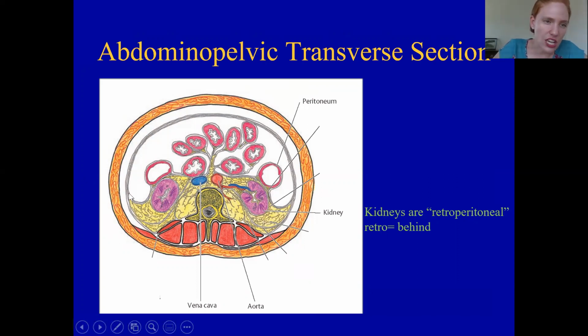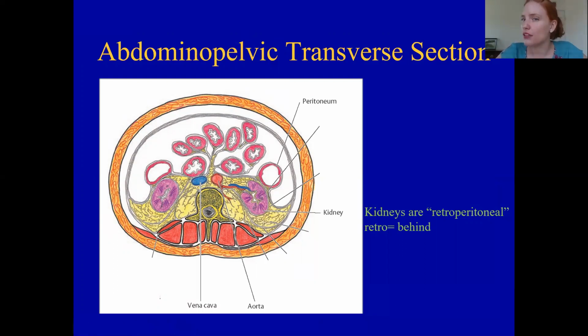Okay, so here is your parietal peritoneum. See that? It's that lining right there. So skin, muscle, parietal peritoneum here, visceral peritoneum lining the organs itself. One thing I wanted to point out, and this is just for future reference because we're going to talk about kidneys later. Kidneys are what we call